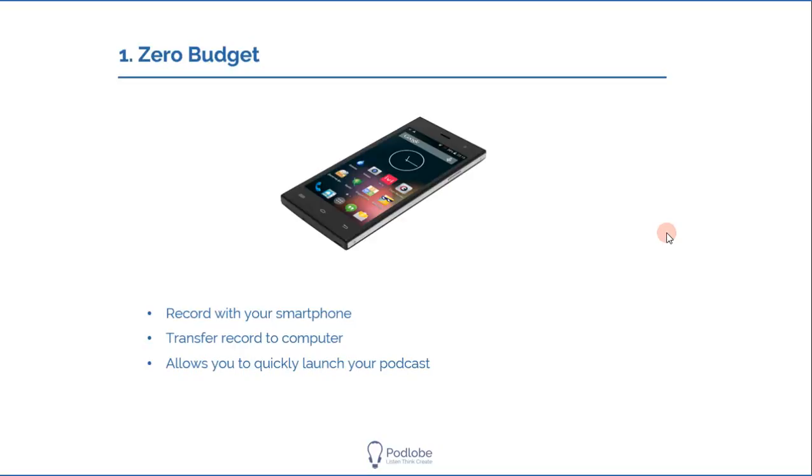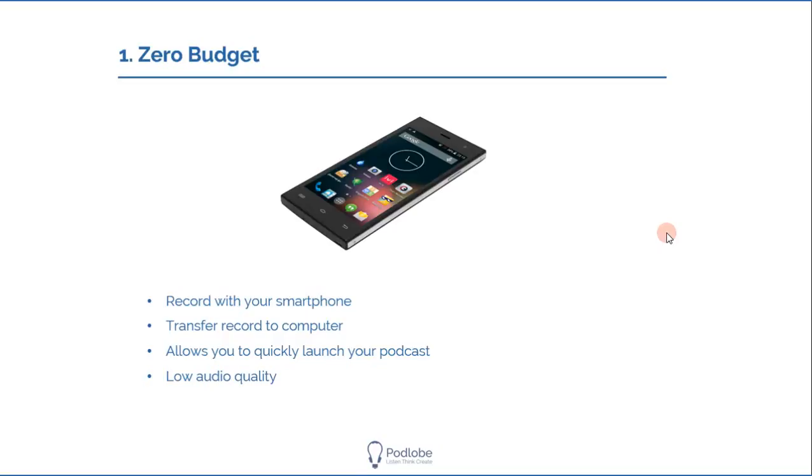And one good thing about this is it allows you to get into the system, into the flow easily. You can quickly launch, you can quickly set out, quickly know what will work for you and what will not work for you. Although compared to a microphone, the audio quality is low if you're recording on the same level, there are tricks and techniques to make it better, but they're always stressful to do. Now, when you're recording with your phone, there are softwares that I need you to get to help improve the quality of your